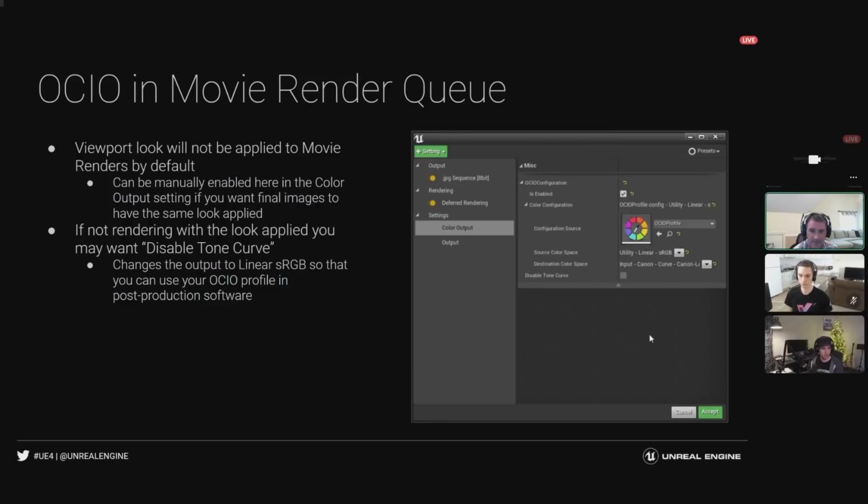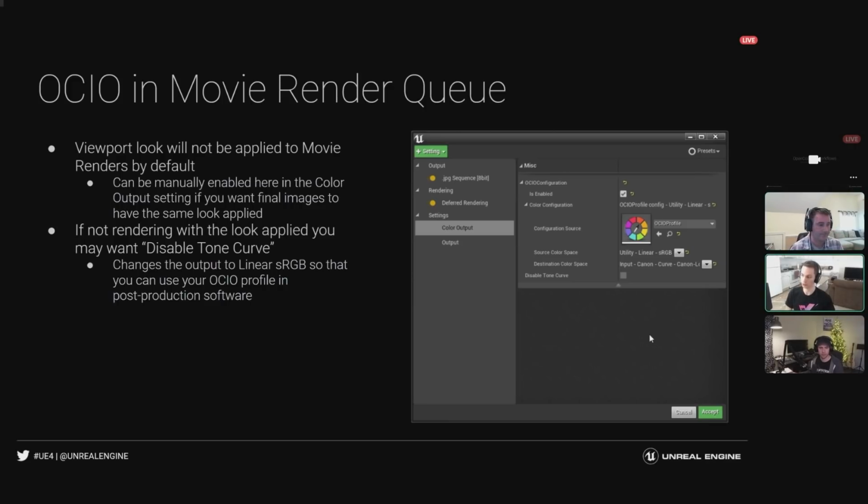With this, if you don't want the tone curve applied, there's the disable tone curve option. Matt, you may have to correct me if I'm wrong here, but for our linear outputs, I think when OCIO is enabled, it just disables the tone curve automatically. Is that correct? Yes. So if you're using an OCIO profile in general, OCIO is taking over the destination color space.